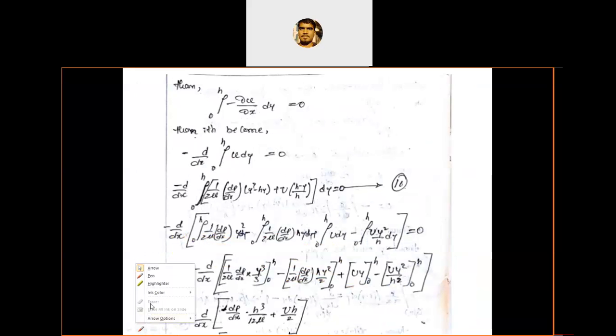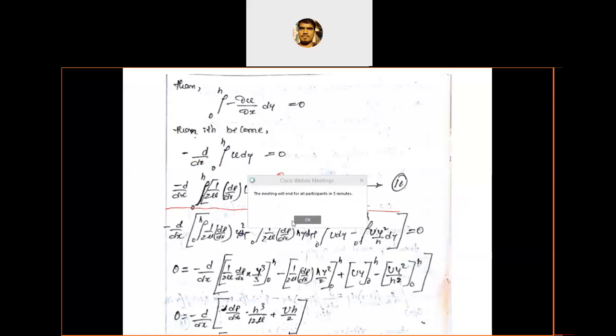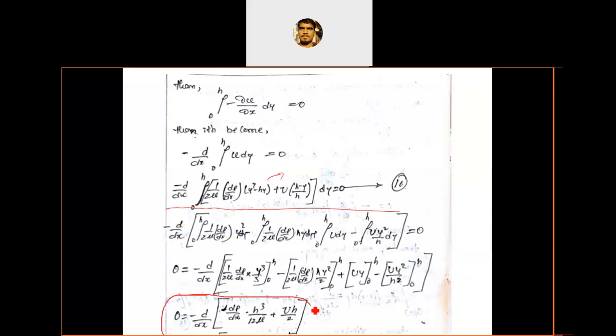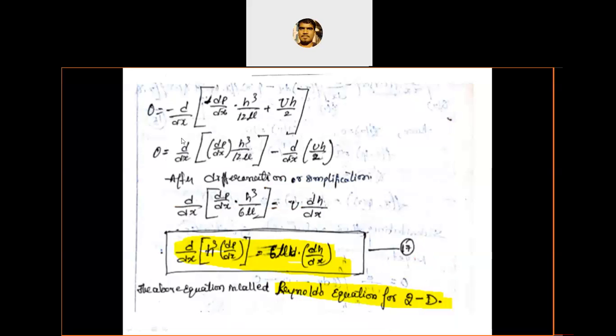So apply integration here. This is what the integration means, the u equation. This is the equation u. And now after substituting, this is the equation, apply integration and simplify. If you apply integration and simplify, finally you will get this. Apply integration as well as limits. By applying integration and limits, finally you got this equation. And if you simplify that equation,